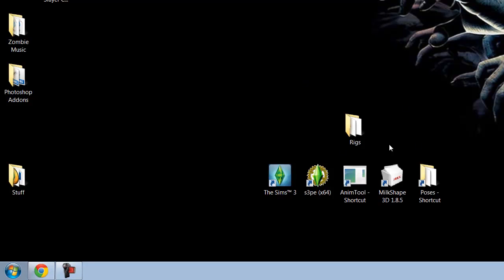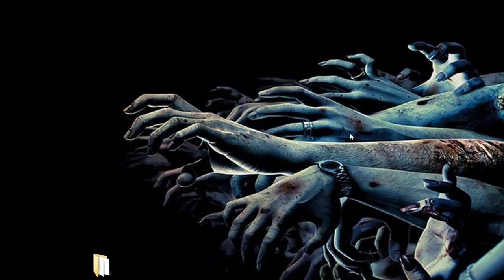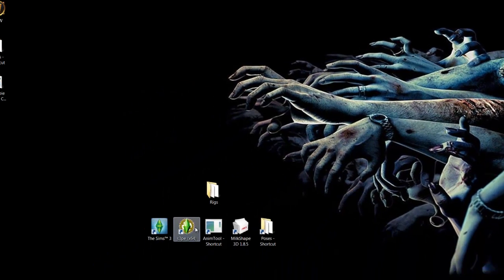What you need to do is, after you get all that extracted, you'll have your rigs in one folder with your rig file, and then you'll have your animated tool here, or whatever it's called. Anyway, I want to open Sims 3 package editor